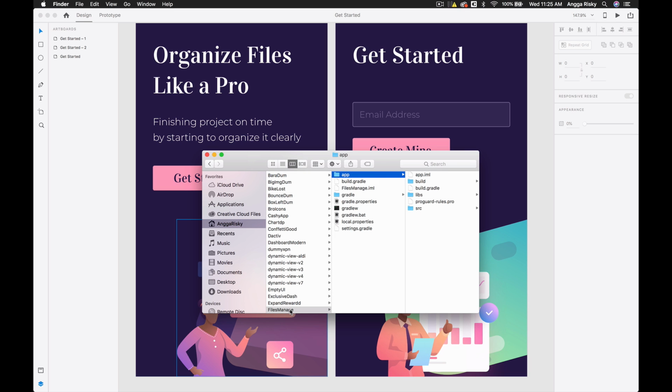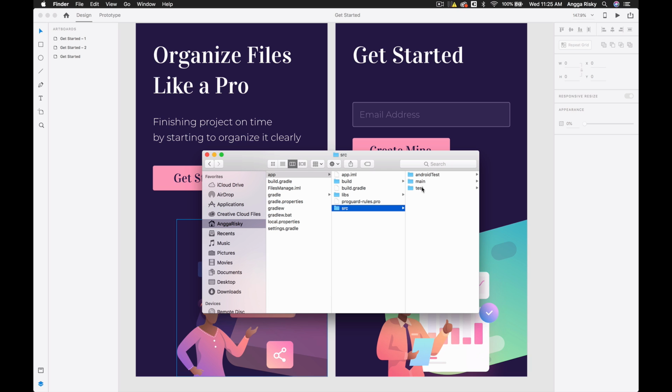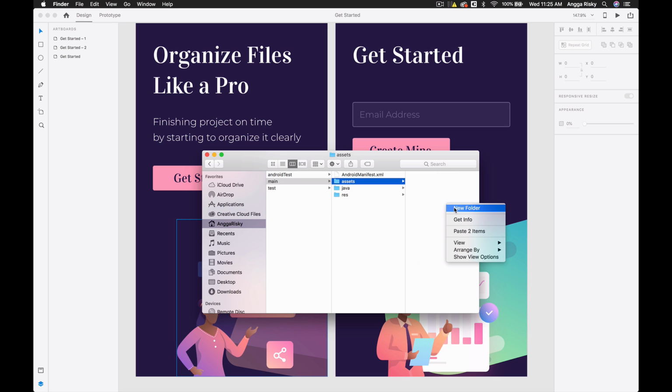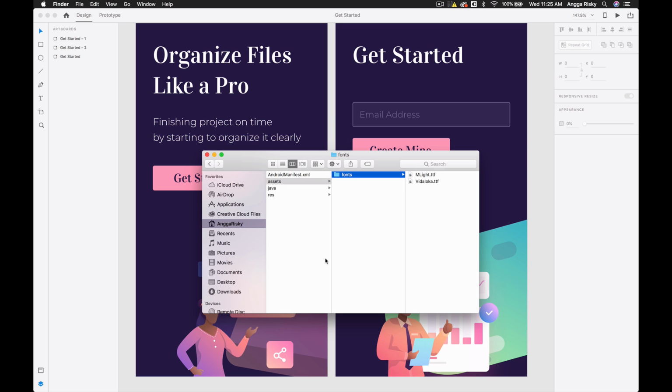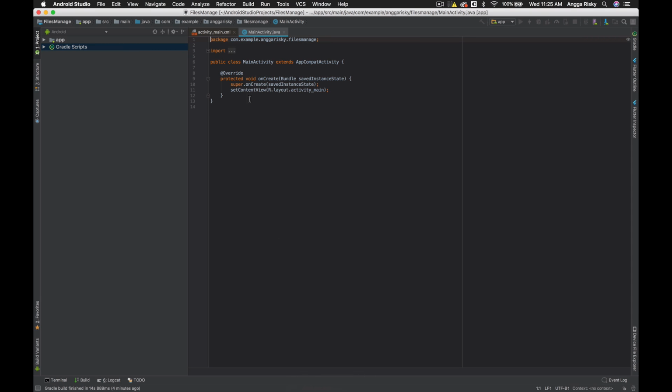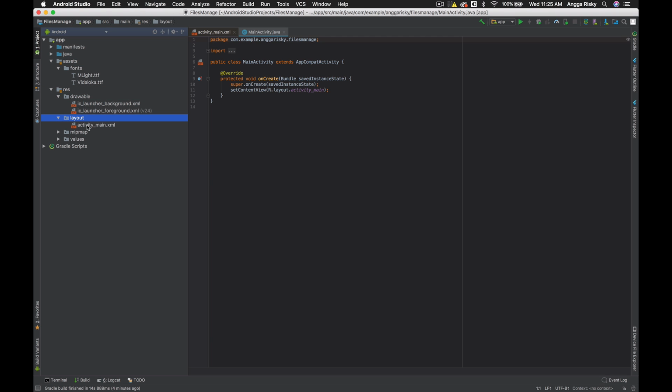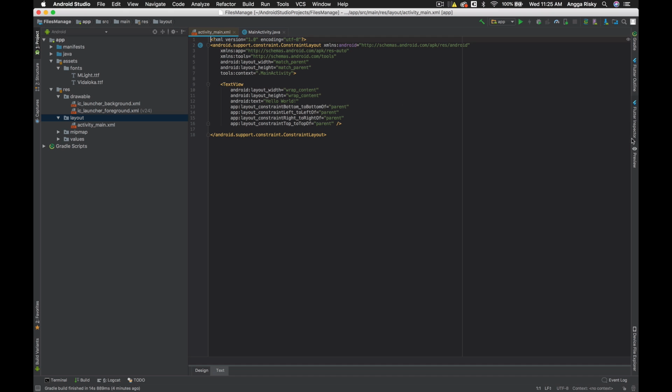Let's go to the file manager. This is my project name, and then src, and then main, and in here we're gonna provide assets, and inside of the assets I will provide fonts, and then I will copy them like this. Okay, amazing. So whenever you check the Android Studio project, in the app especially, there are the assets that we call fonts. Okay, all right, so we're heading to the activity main.